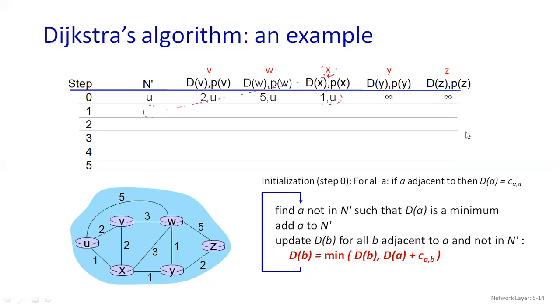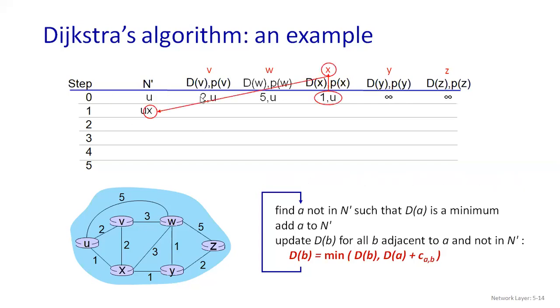Next, what you are going to do is check which one has the lowest value. Here you can see 2, 5, 1. So among 2, 5, 1, 1 is the least one. As it is the least one, that node we are going to attach over here. You can see in your algorithm also this kind of line has been written. So this node I have attached here. So now my nodes will be U and X. Again, you can see I have given the arrow mark from U to X.